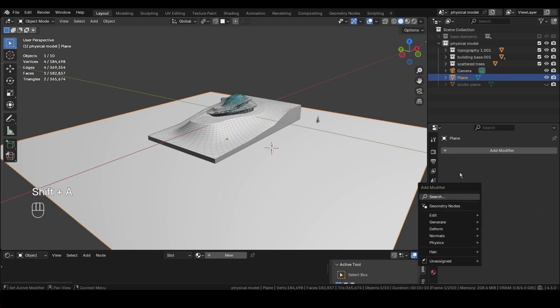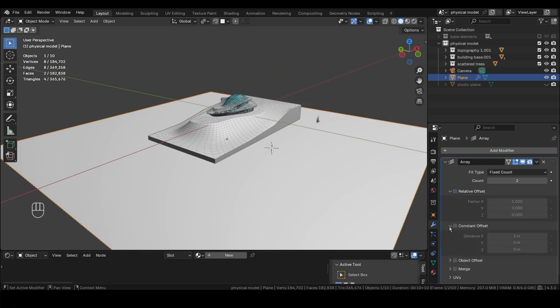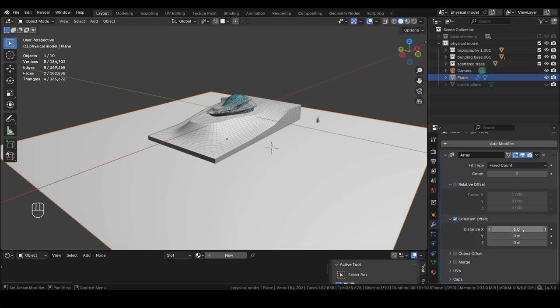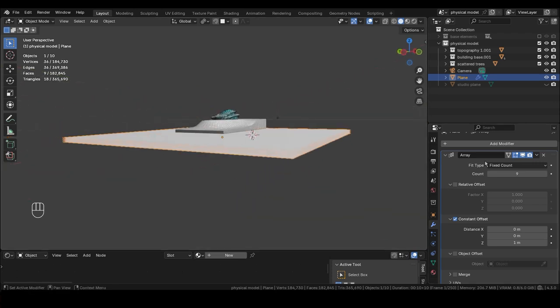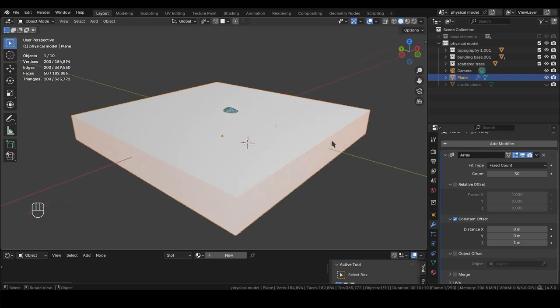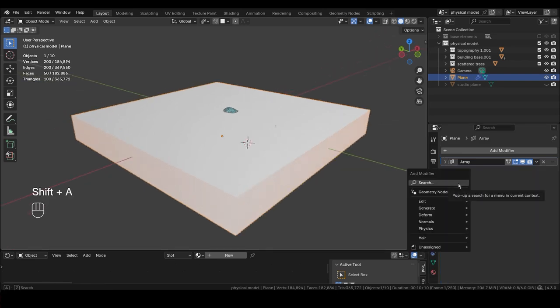Shift A, array, and I will array it with a constant offset of, let's say, 0 distance in X, 1 meter in Z, and I will create a lot of duplicates. I'll make 50 duplicates, for instance. It's created 50. Then after arraying them, I will Shift A and Boolean